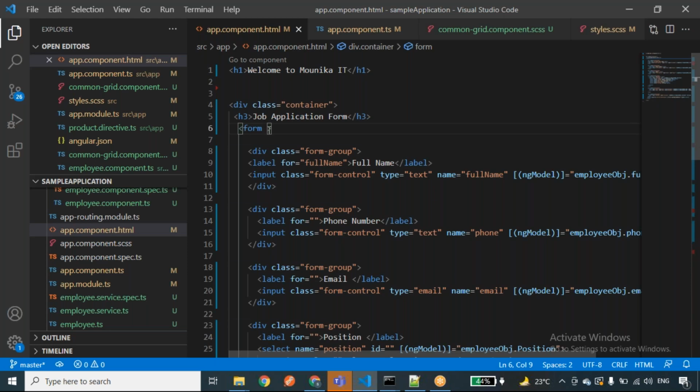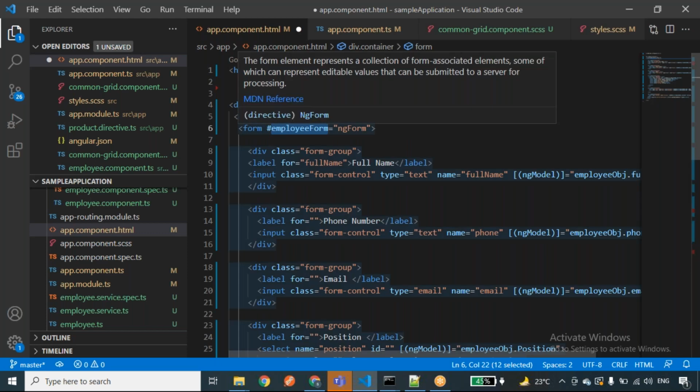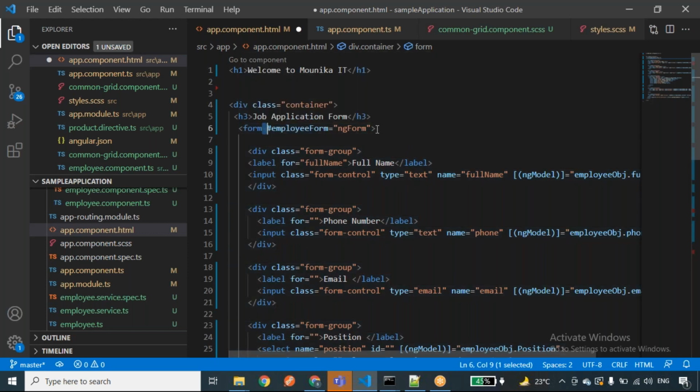Now I'll use this ngForm. For example, I'll write employeeForm equals ngForm. Here I'm using this hash symbol, and I have given its name as employeeForm. We call this a template reference variable.